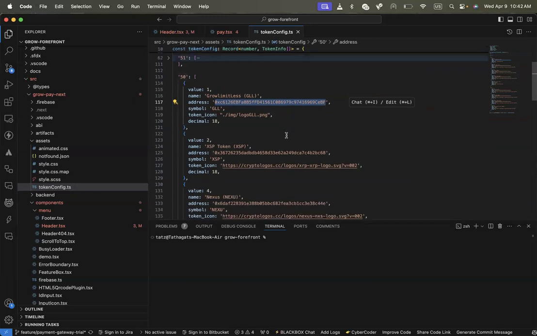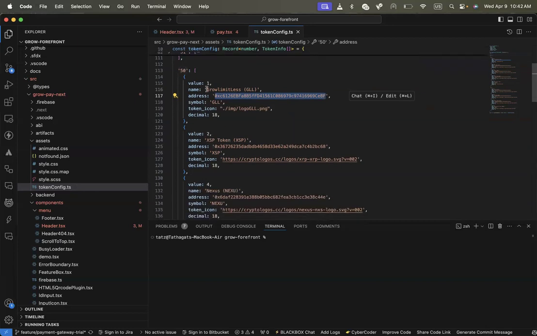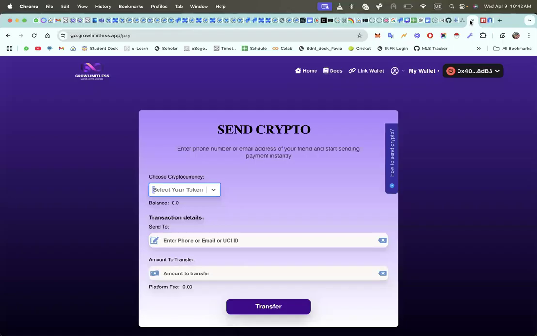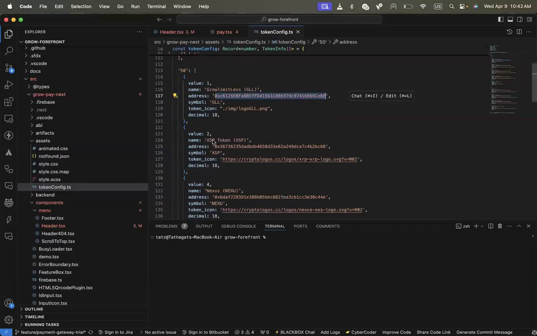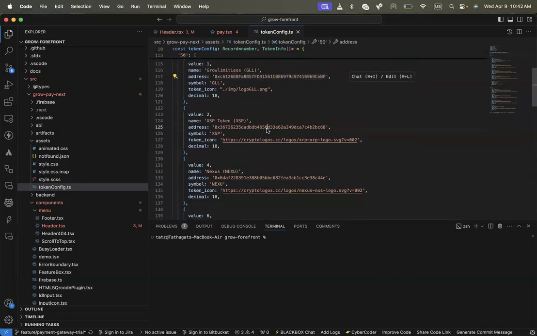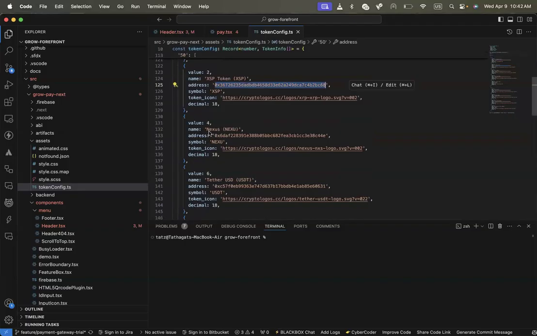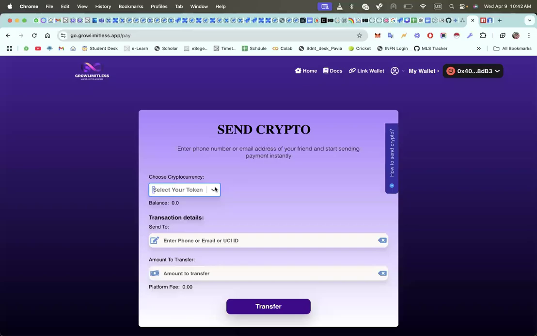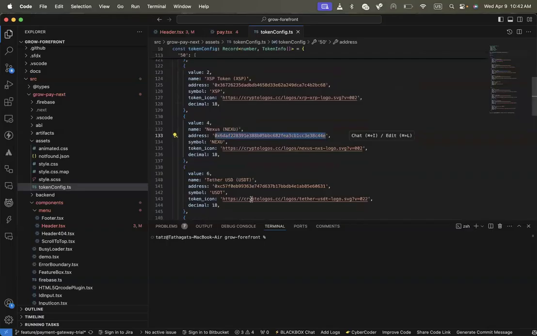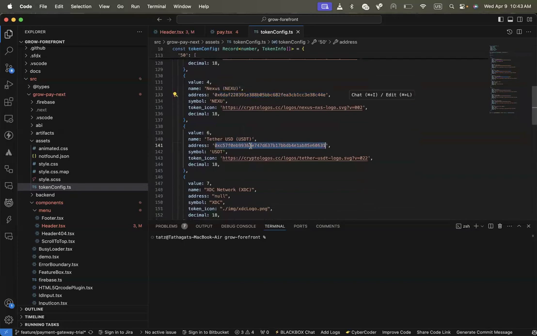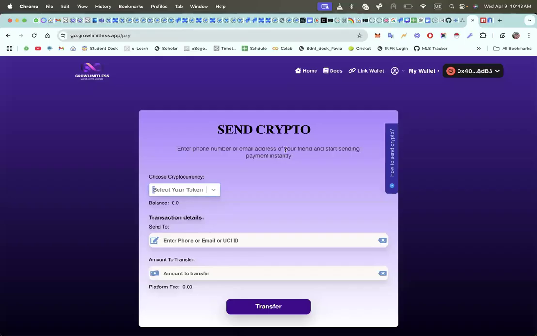Similarly, for the next token, so this is Grow Limitless, GLL. So our first option should be Grow Limitless GLL. Next is XSP token. This is the contract address. Both are different, you can see. But the blockchain is still the same, 50. Next, the third one, again a new contract address came. Then the fourth one comes. And then the fifth one comes,